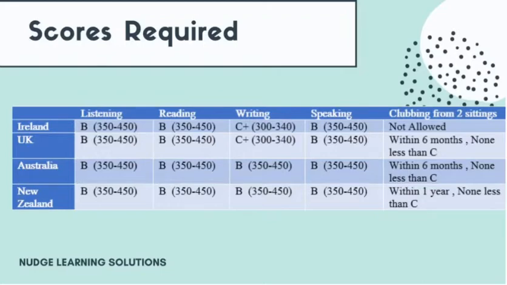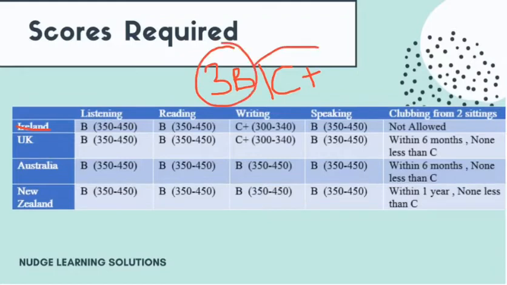As of now, Ireland requires you to score B band in any 3 subtests, and they allow you to score C plus in any 1 subtest. So 3 B's and at least 1 C plus is the basic minimum score to satisfy the English requirement to work as a nurse in Ireland. And when you come to the UK, they also have a similar procedure. You need to have at least 3 B's and 1 C plus